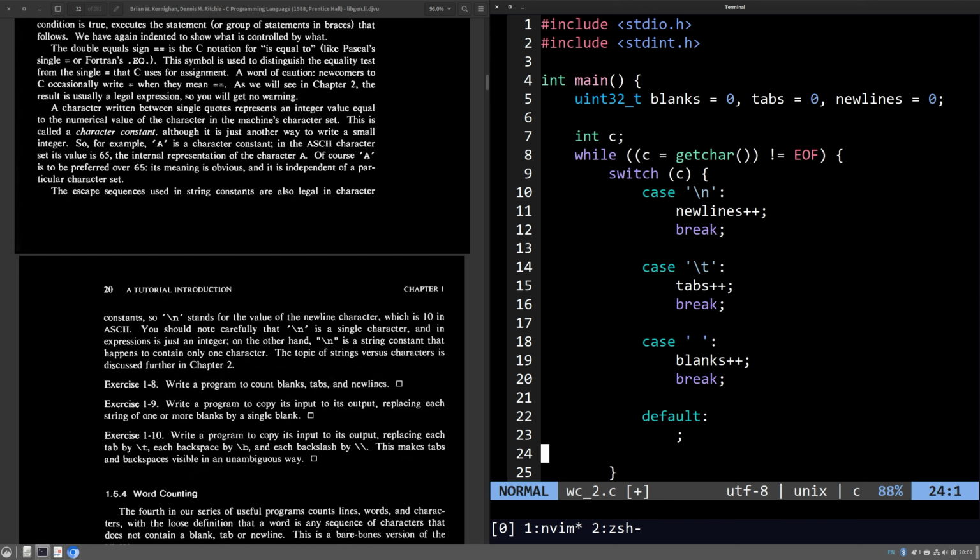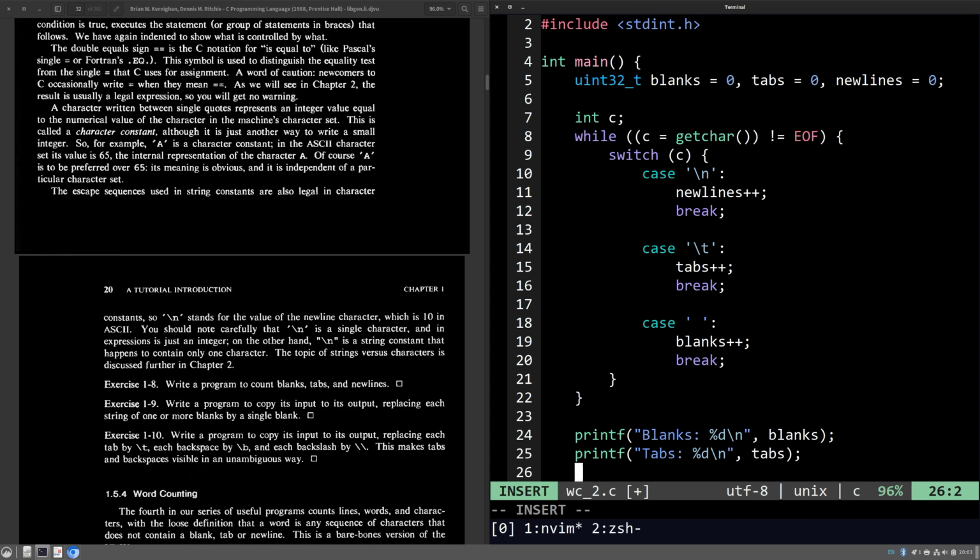Okay, and I'm not sure if we have to include a default branch. Let's see. printf blanks, printf tabs, and printf newlines, and we probably have to include this ld, even though,